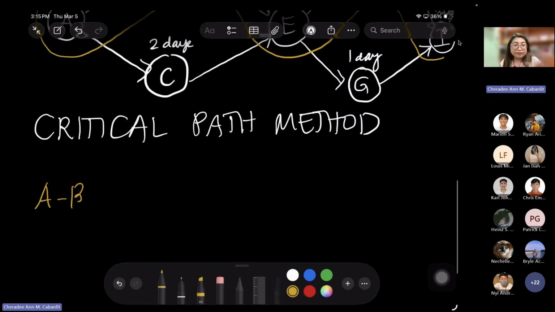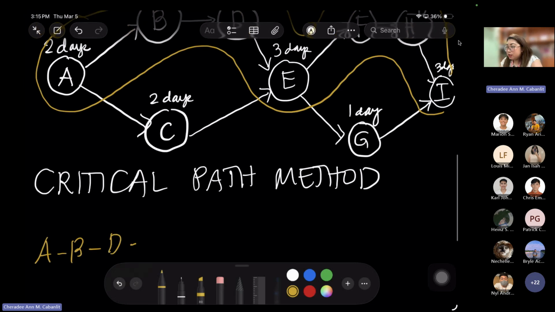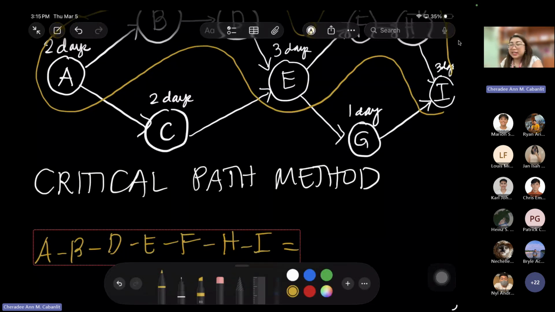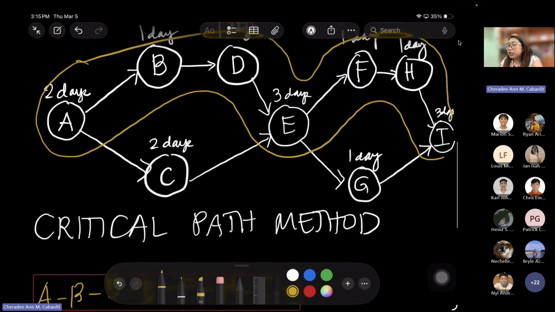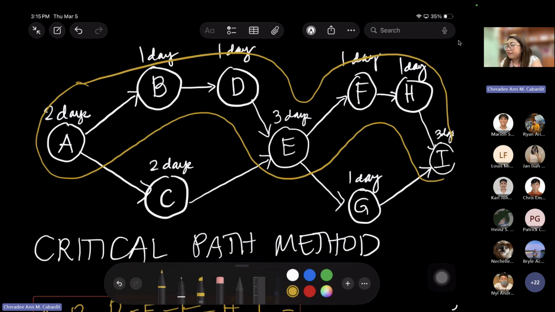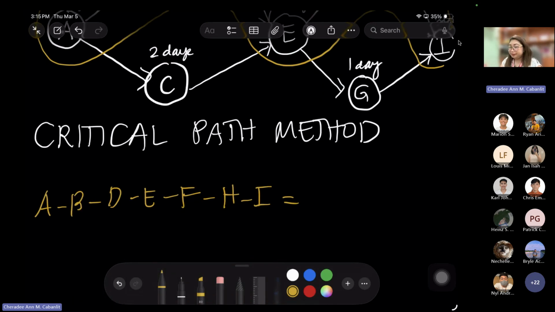A, B, D, E, F, H, I. Then how many days is that path? 2, 3, 4, 5, 6, 7, 8, 9, 10, 11, 12. So 12 days.